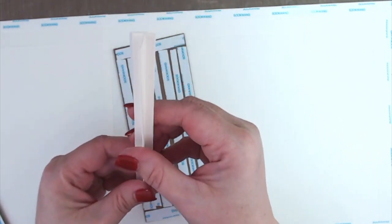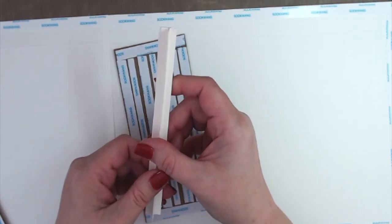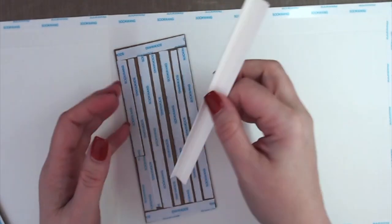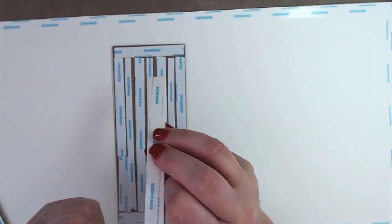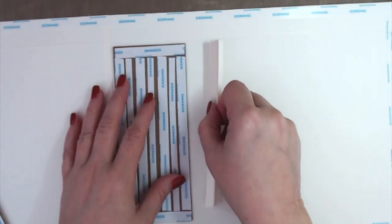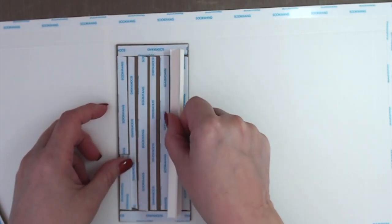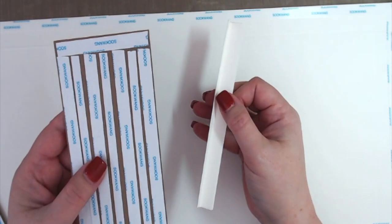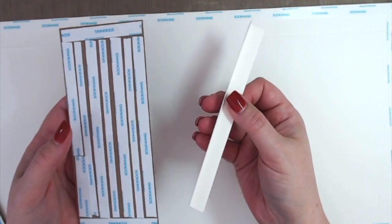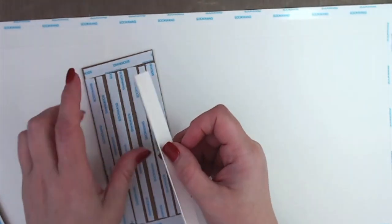I like to use the individual fins. That hidden hinge, I can never get it straight. It makes me crazy, so I prefer this one. So the binding, you always get a nice even 1/2 inch in between each page. So since I have 5 pages, I need at least a 3-inch spine. Make sense? So if you want to do 6 pages, add a 1/2 inch. Okay, so anyway,